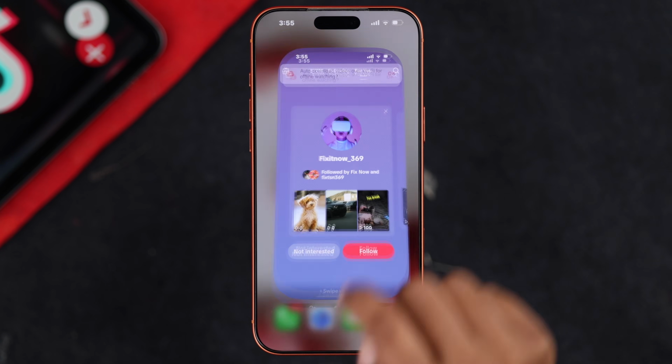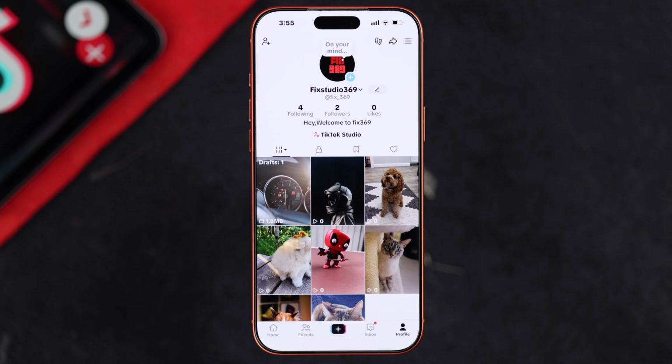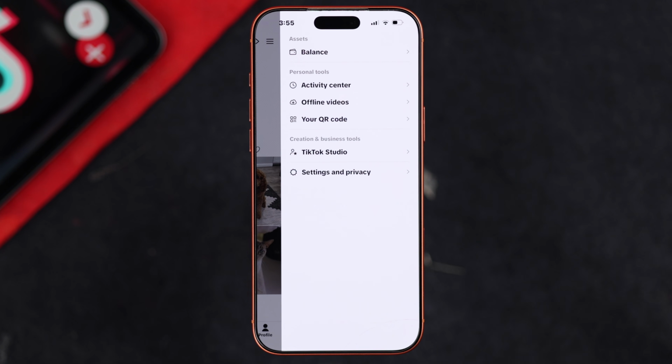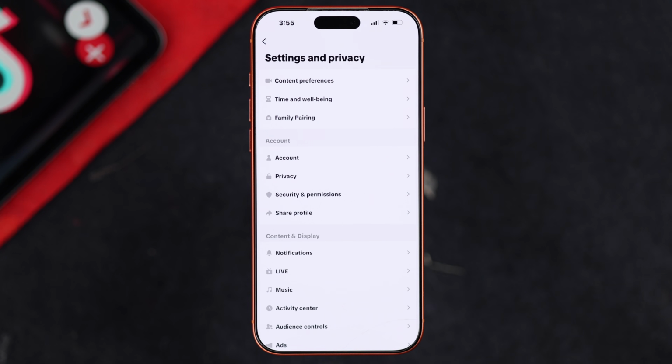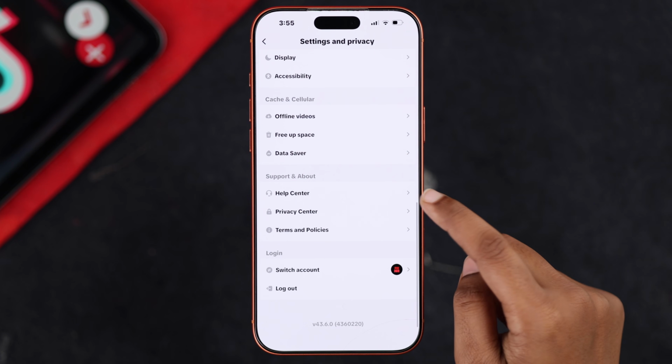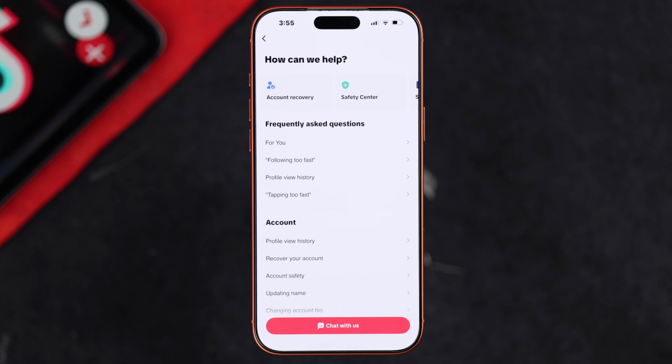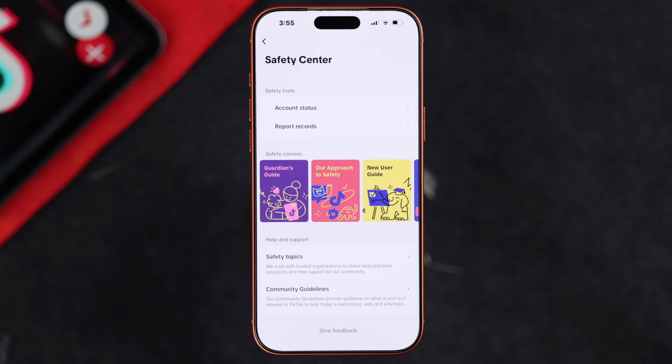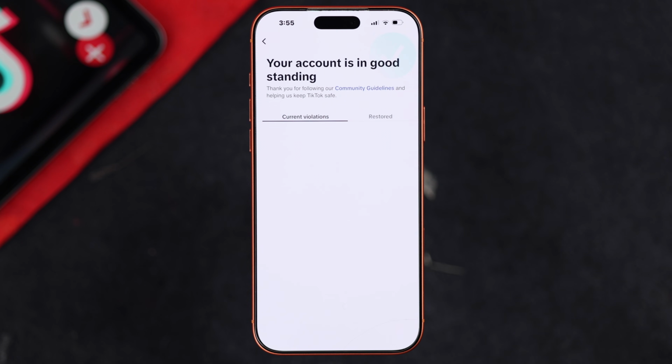So first you have to open up your TikTok and go to profile section. And from here tap the hamburger menu and go to settings and privacy. Now first you have to go to help center and you will get the option safety center. Just go for it. Now on this page, tap on account status and here you can check your current violation